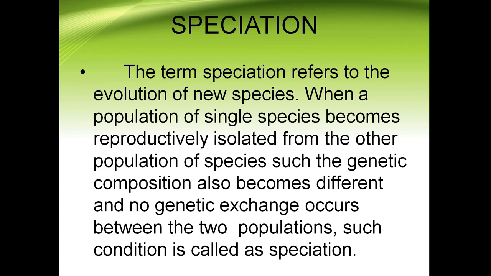Speciation will mainly occur when a group within a species is separated or isolated from the other population of the species. This process of speciation will mainly occur when a group within a species is getting separated or isolated. So speciation is how a new kind of plant or animal is created or evolved